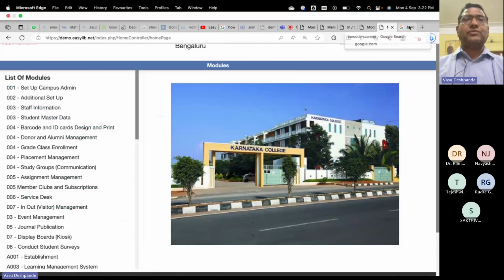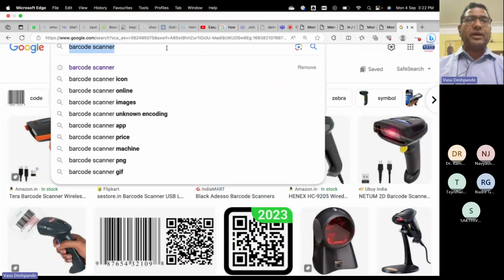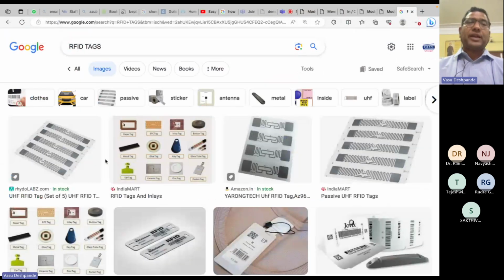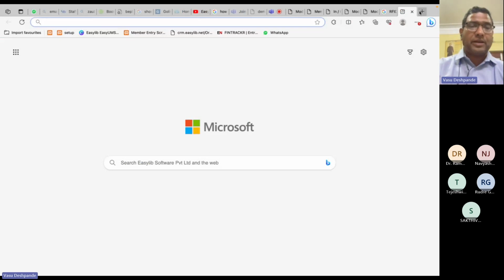Those of you who already have RFID may be seeing this in action. Now, RFID tags, when I see here, there are different types of tags. These tags are put into your member card. So if there is a member card, that tag will be put over here. As soon as the student enters this RFID gate reader,